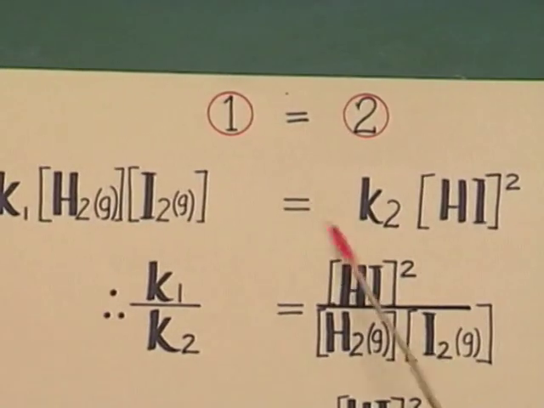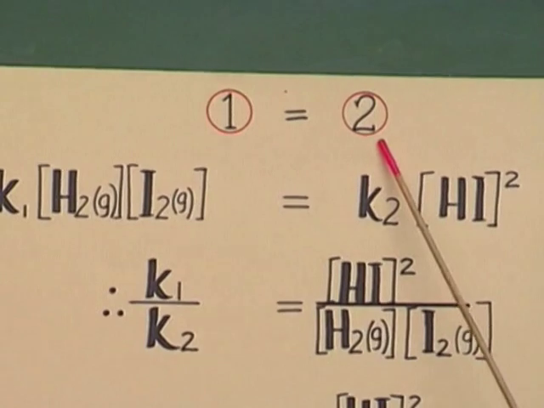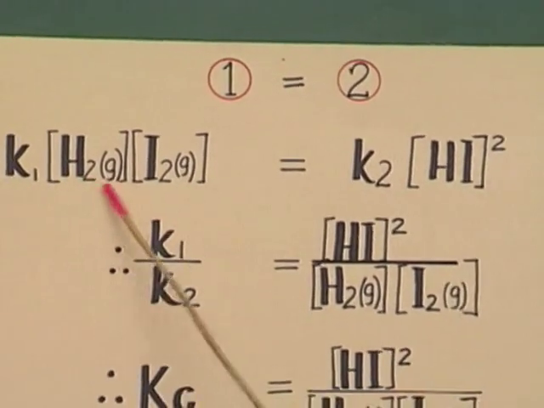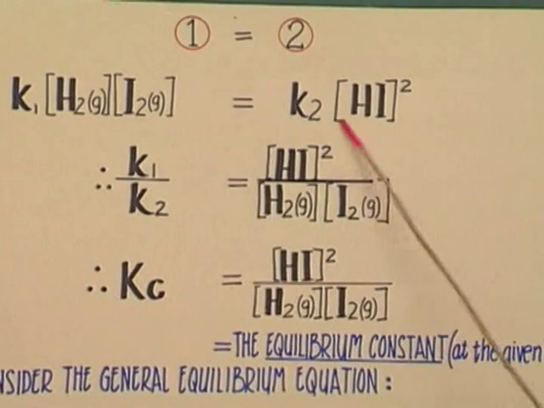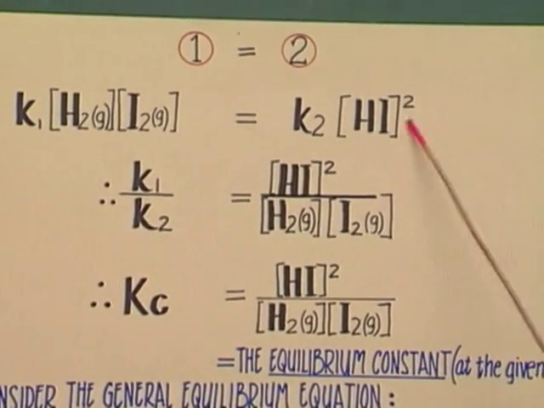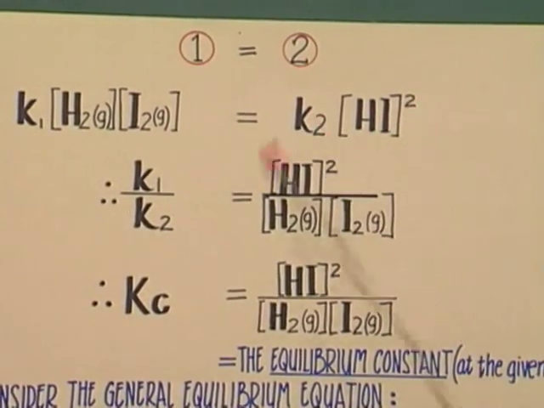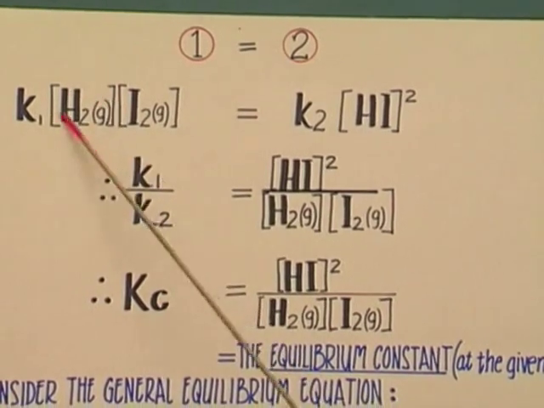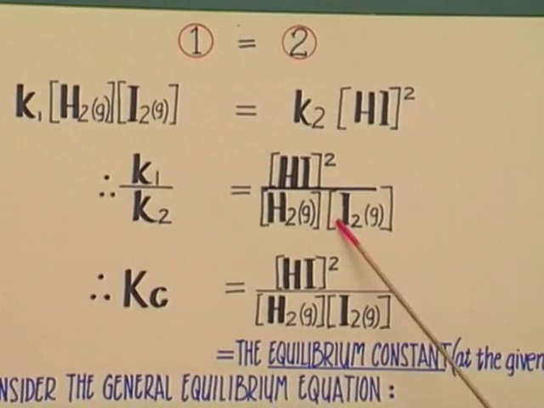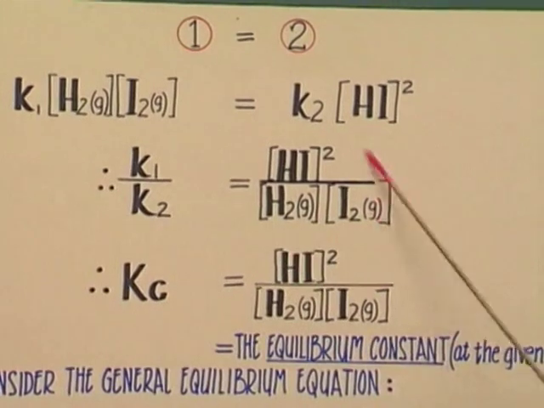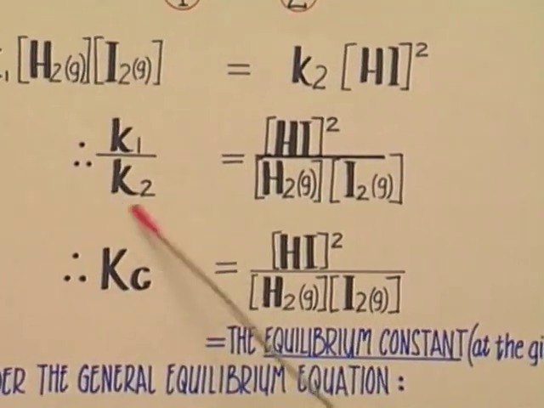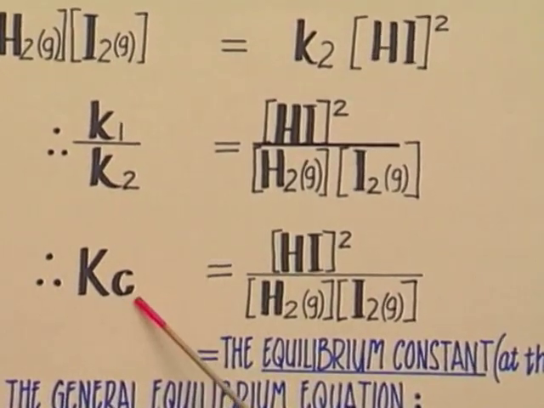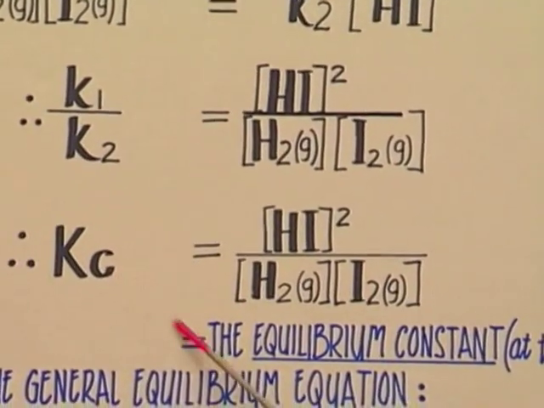This means equation 1 equals equation 2, or K1 times the product of concentrations of the reactants is equal to K2 times the concentration of hydrogen iodide squared. If I take K2 to the left and these concentrations to the right by cross multiplication, I get this expression where the quotient of the two specific rate constants will give us a new constant, Kc, which is called the